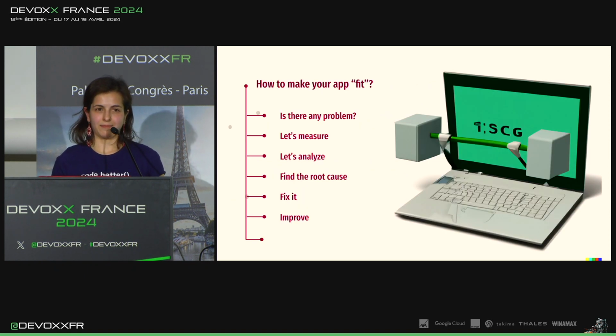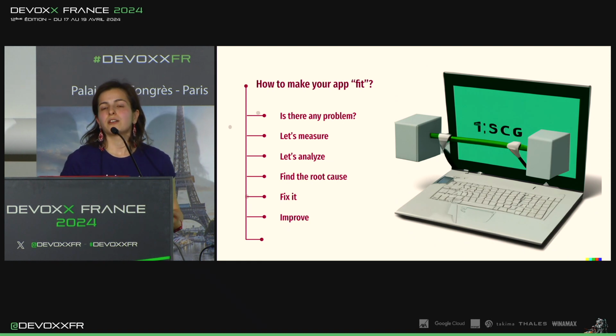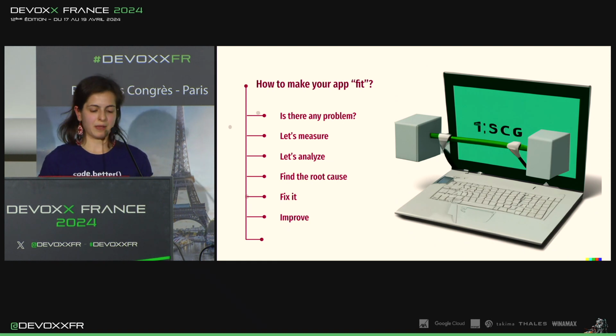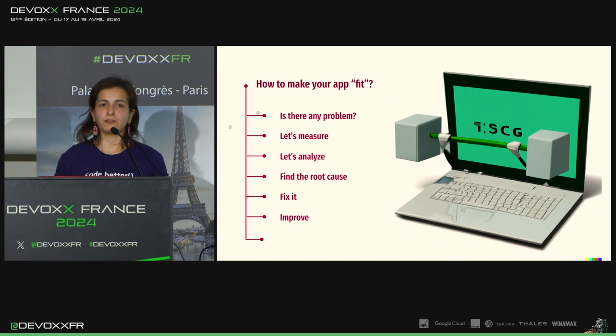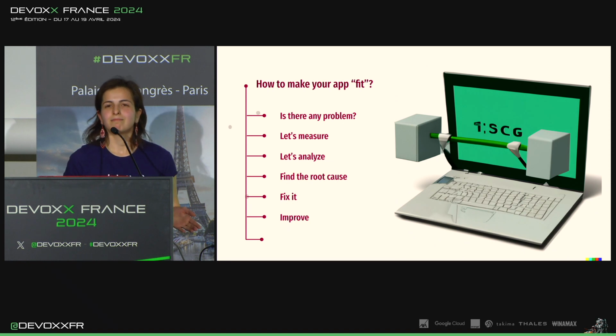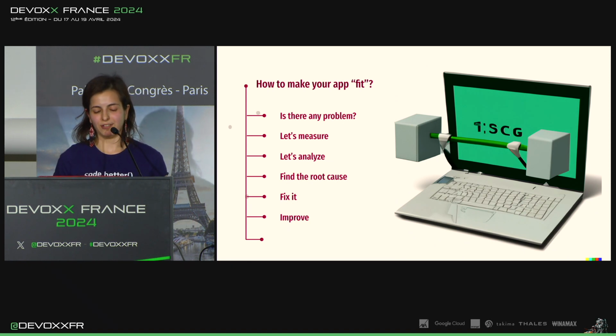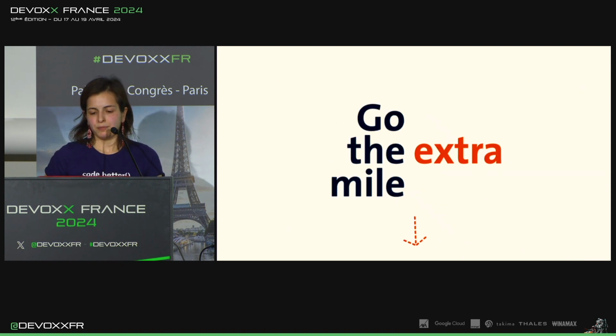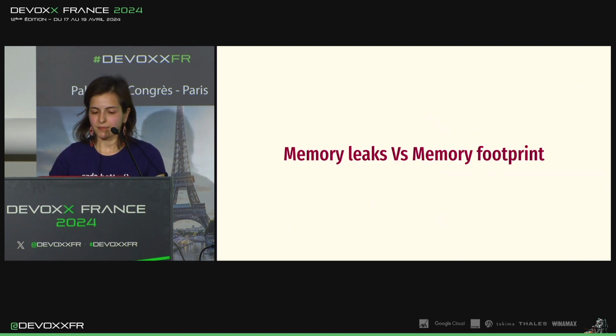So, okay, we found some probable root causes of memory leaks. They are not all. Of course, there are many more possible root causes. These are just some examples to show you how some stupid mistake can lead to a huge problem. But okay, we found all of them, we fixed them, and we can stop here. But it wouldn't be me if we stopped here. Let's go further and try to improve. What can we improve? Let's go the extra mile.